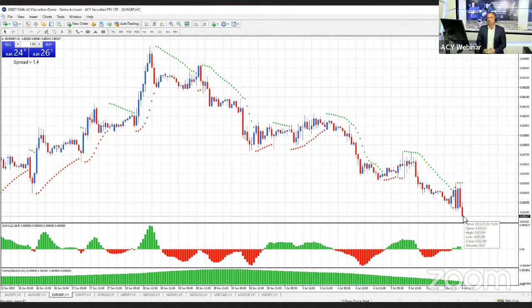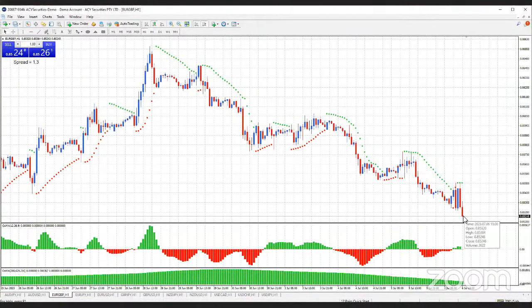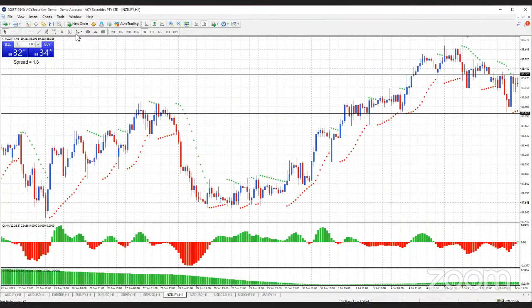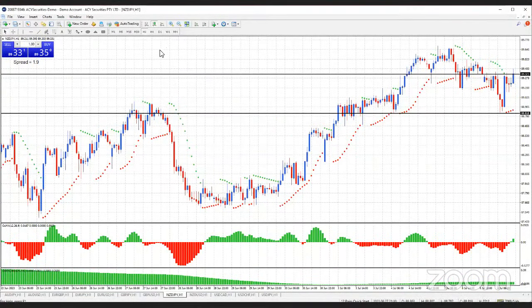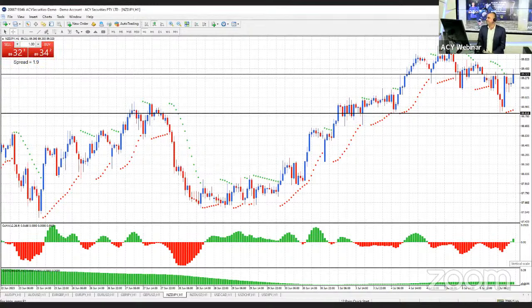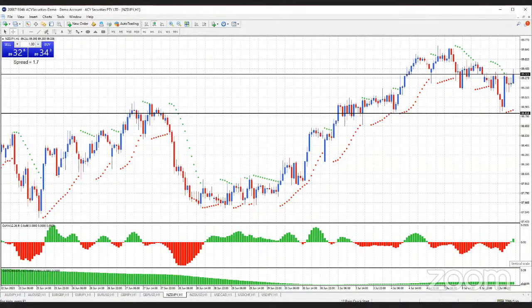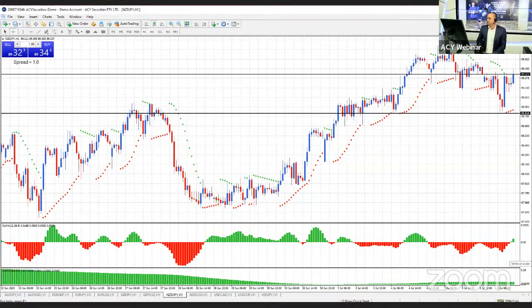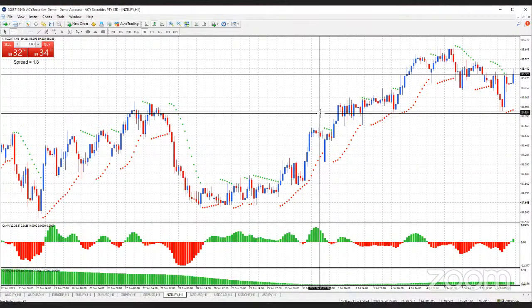Is there something you want to jump in there, Duncan? Yeah, there's a couple of good examples right now on the New Zealand crosses. So if you went to the New Zealand yen or the New Zealand dollar, I'm just having a look at those while you've been talking. They're just starting to head up, but the rules that you've been discussing, if you have a look at the New Zealand yen, we've got the day chart trend, which is up, and the 1 hour trend is up. And price is pretty much in the zone where you would be looking for your entry at the moment. And then of course you put your stop loss down at the first red dot.